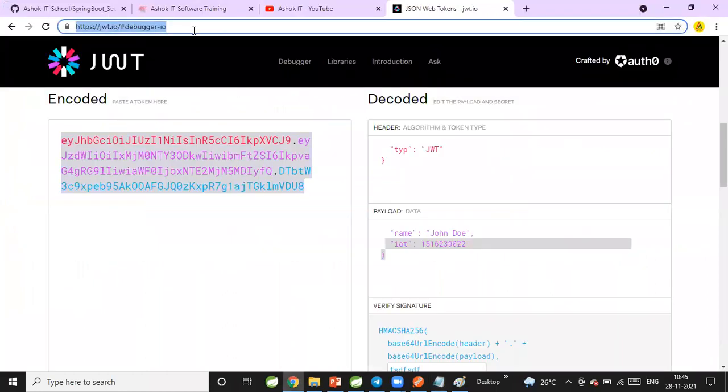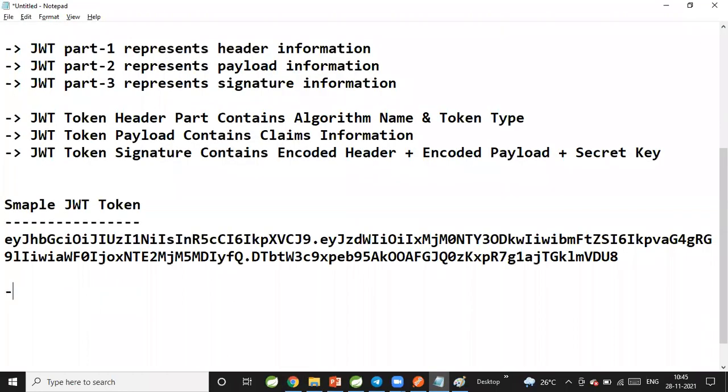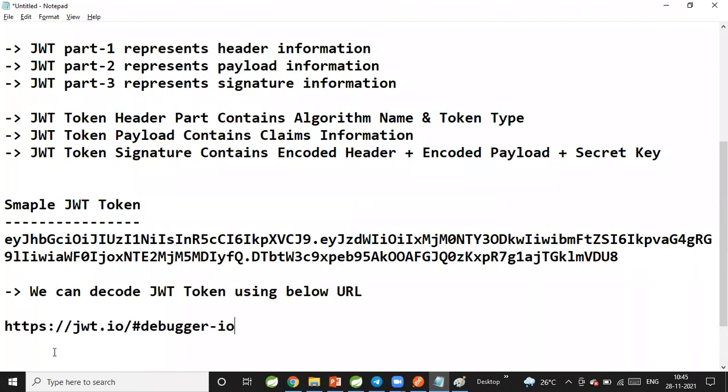We can decode this JWT token using the URL below. That is the official JWT website to decode tokens and understand the information.